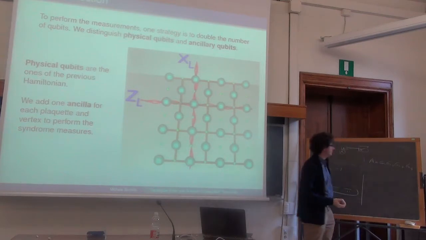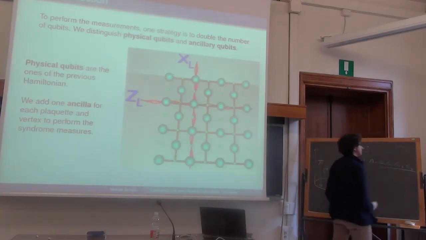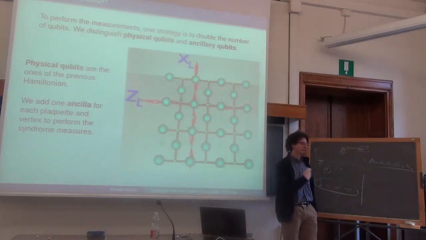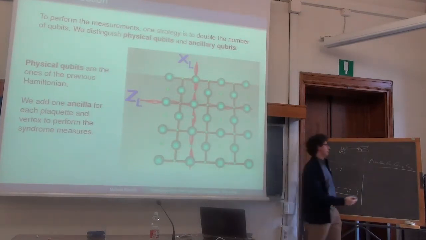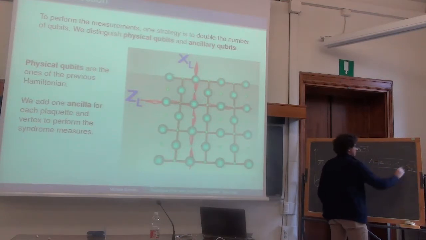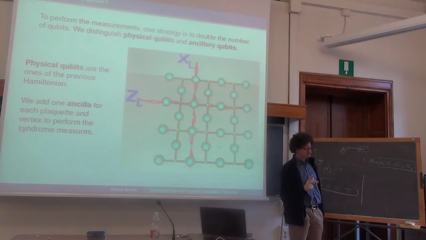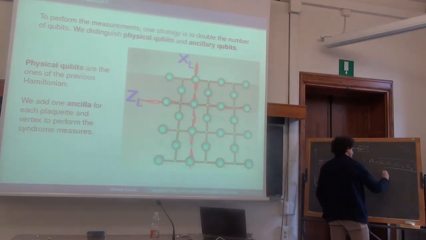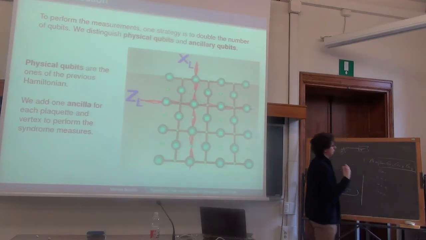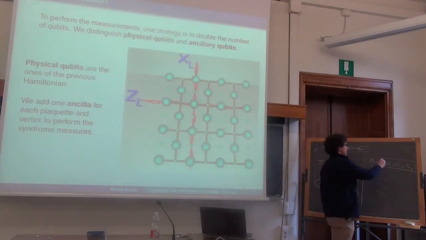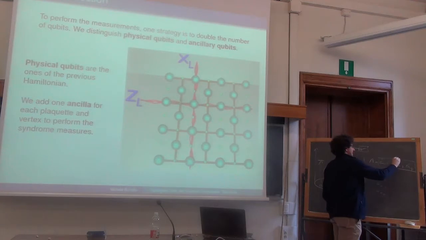And usually in the lab, it is very difficult to engineer an instrument which is able to simultaneously measure this parity, which is a property of the four spins taken together. And I'm not doing the single measurement, sigma x1, sigma x2, sigma x3, and sigma x4. I just want to know whether this